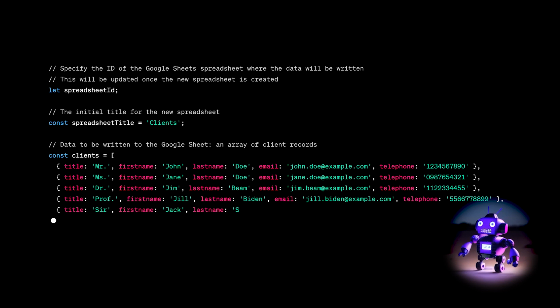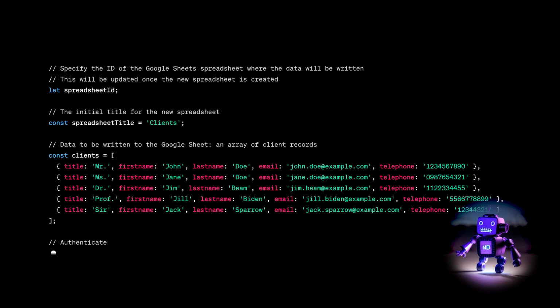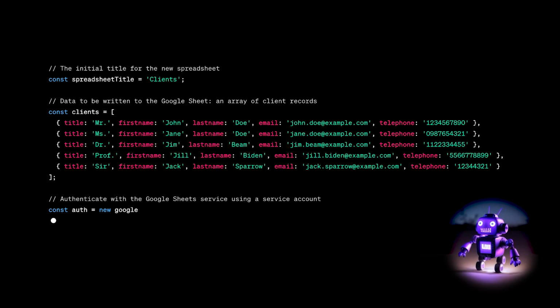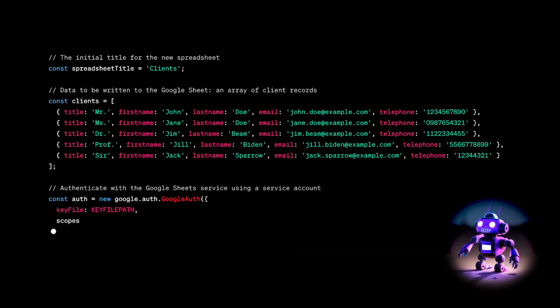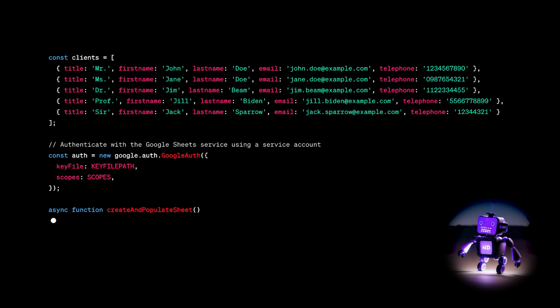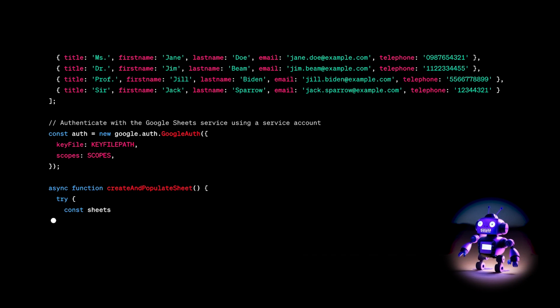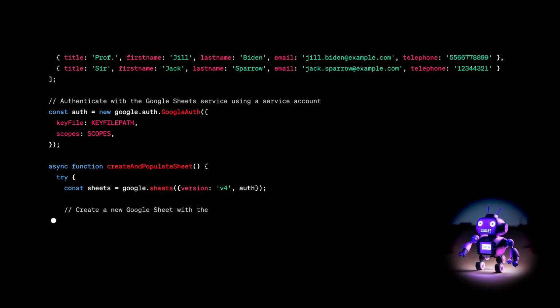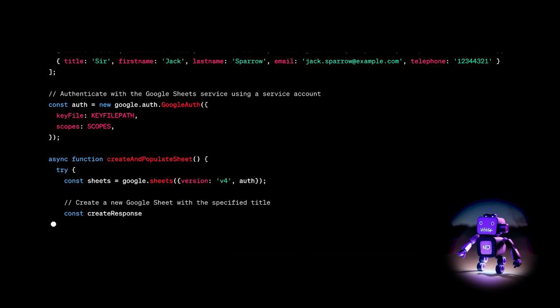This client will handle the authentication process with Google's servers, exchanging the credentials for an access token. This token is then used in subsequent API requests to identify and authorize our application. The setup is encapsulated in the auth object, which later on is passed to the Google Sheets API client to authenticate our requests. In the createAndPopulateSheet async function, we first instantiate the Google Sheets API client with